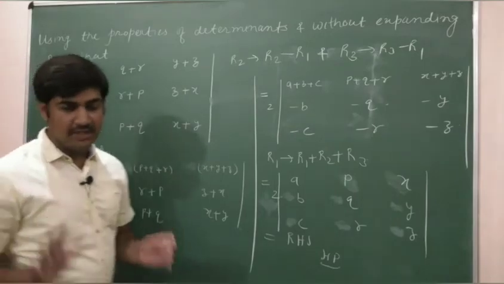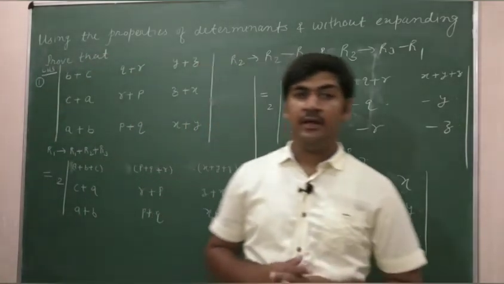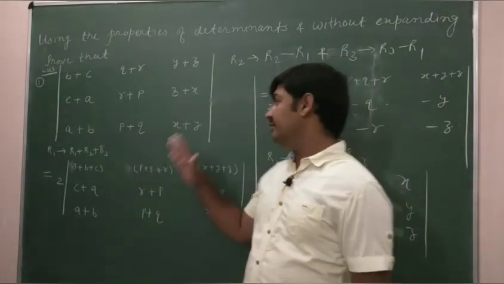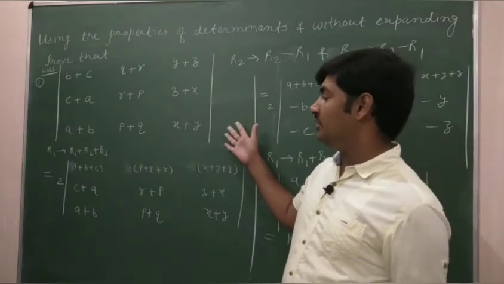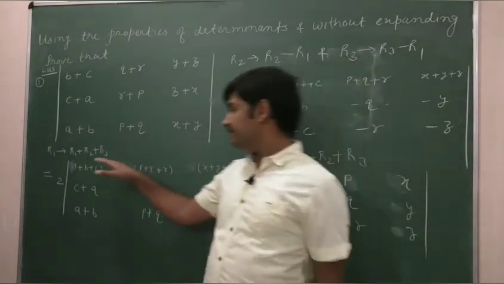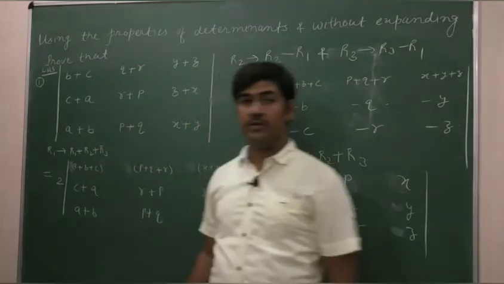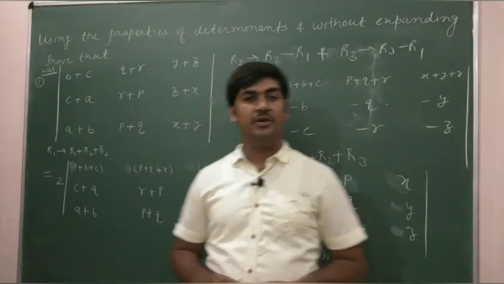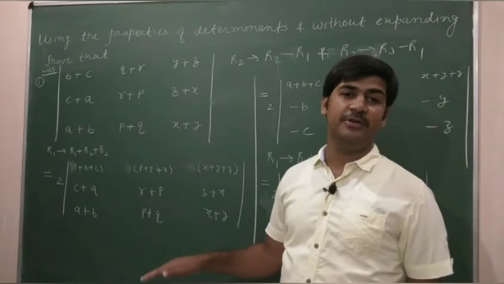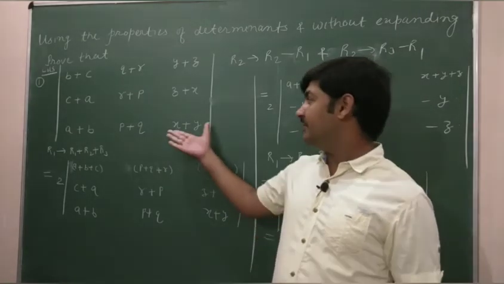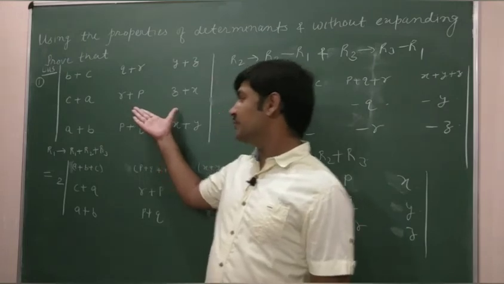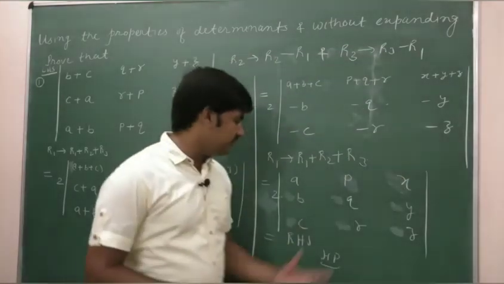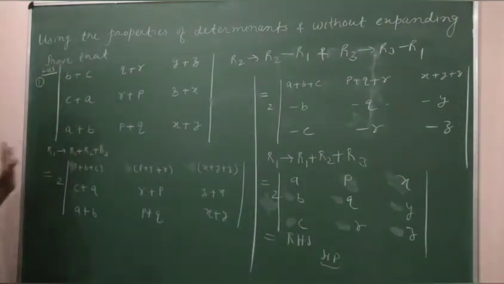Dear students, by these examples you will understand what type of properties to be used in a determinant. Initially, when you try to solve this particular question, you will think why we are using this particular property only, is there any other way? But when you solve a lot more questions, 2-3 more questions of this particular type, then you will understand that yes, the appropriate property to use on this particular determinant to get a determinant of this particular form is this one only. That is the only option with us.